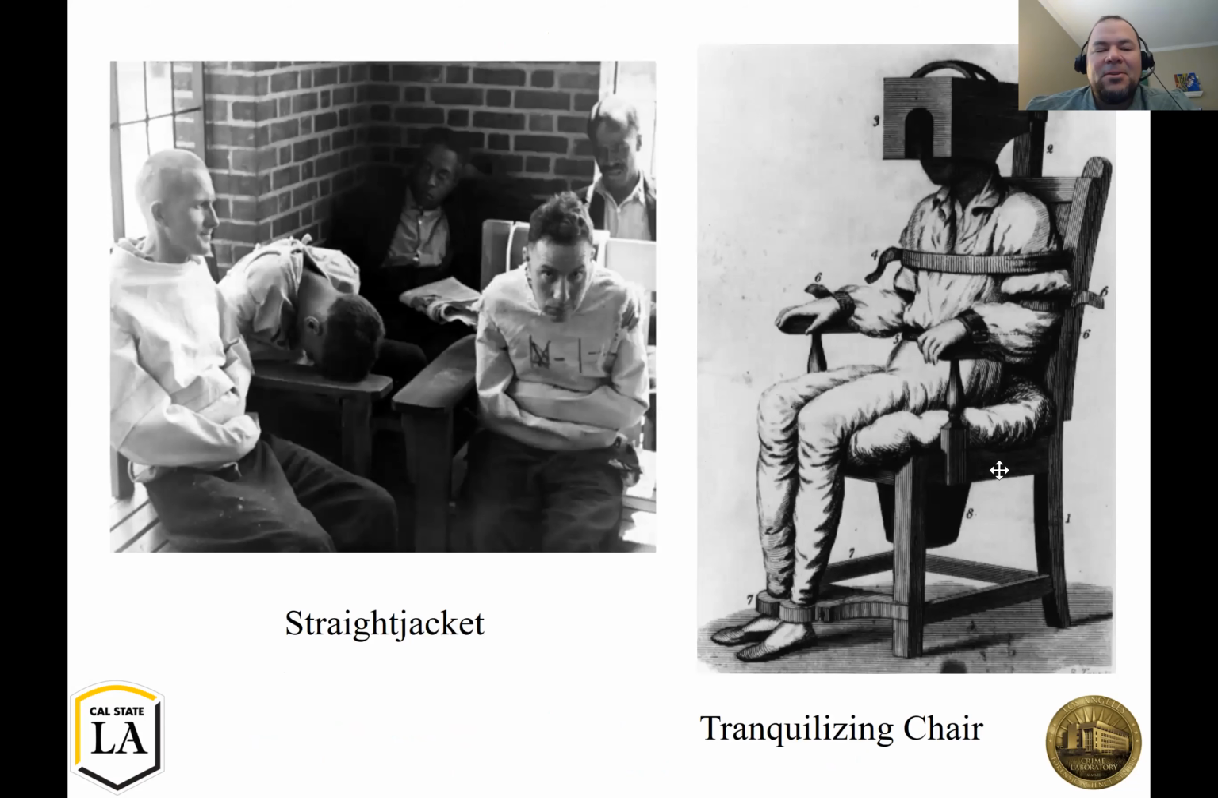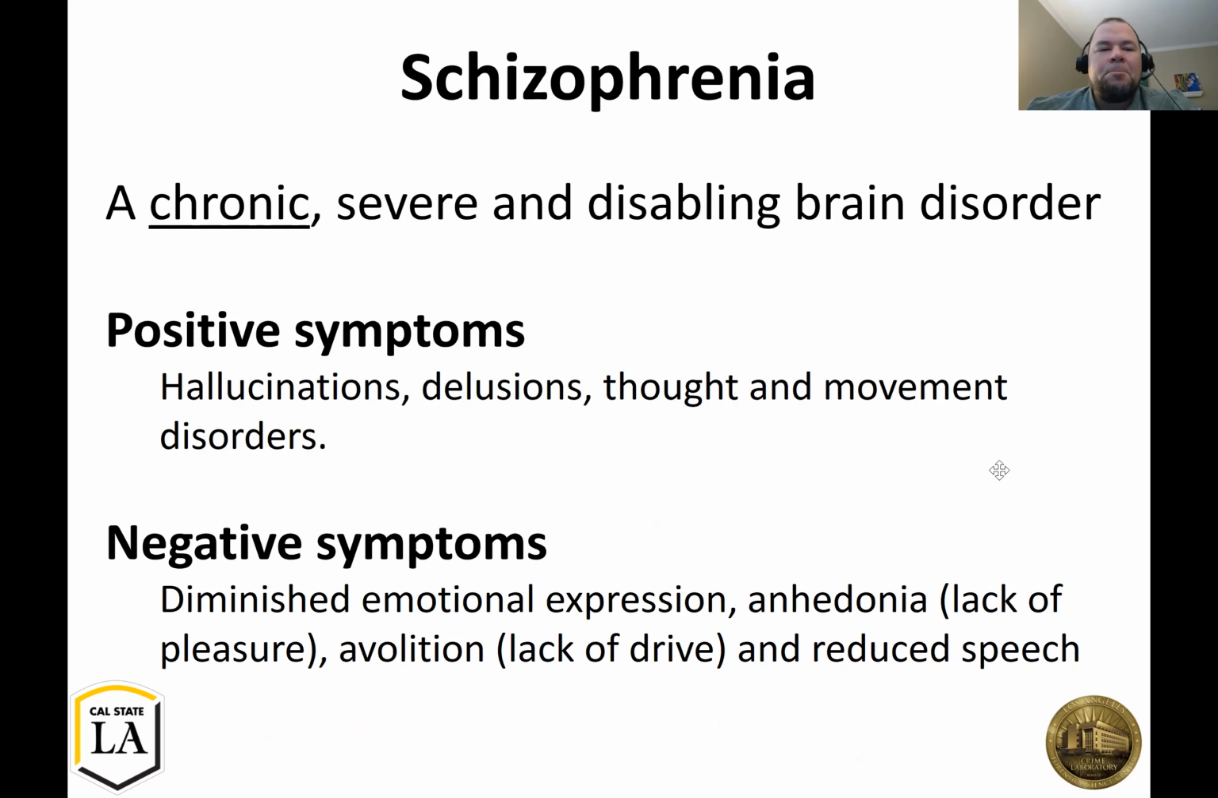Straight jackets, the tranquilizing chairs, really pretty terrible methodologies. And again, just because it didn't really understand what's happening in the brain. So schizophrenia is a chronic and severe disabling brain disorder. And for all the drugs that are used to treat something like schizophrenia, they talk about treating the positive symptoms, and treating the negative